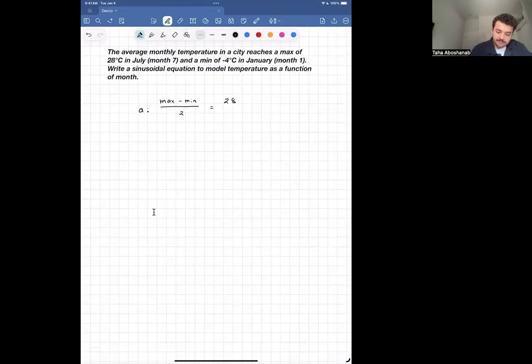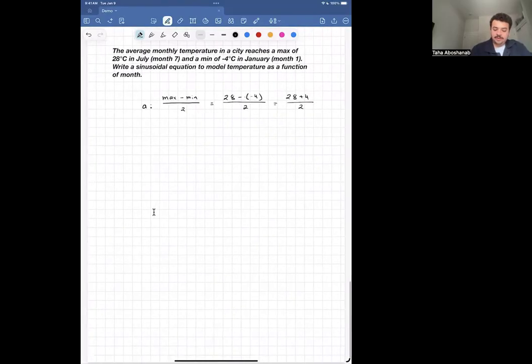What was the minimum? That was -4, all divided by 2. As a quick recap, 28 minus -4 is the same as 28 plus 4, all over 2, because minus minus becomes positive, which becomes 32 over 2,